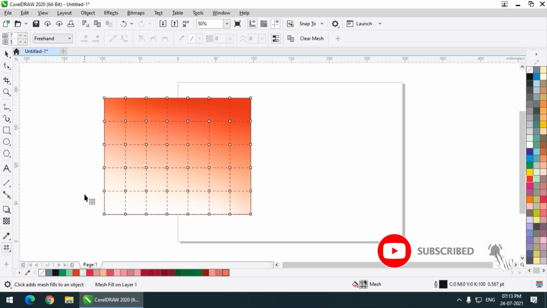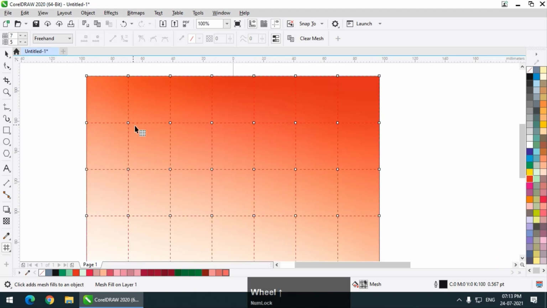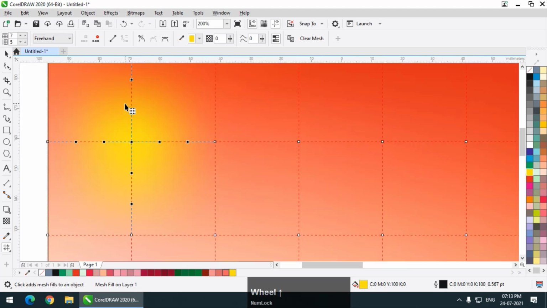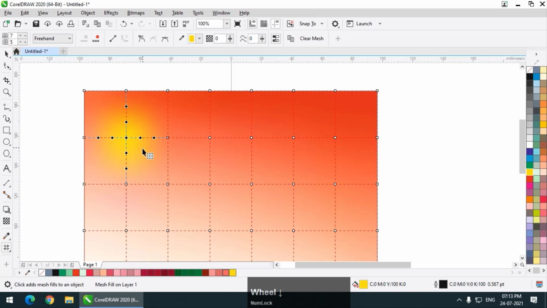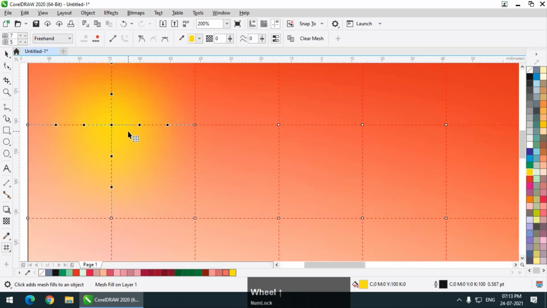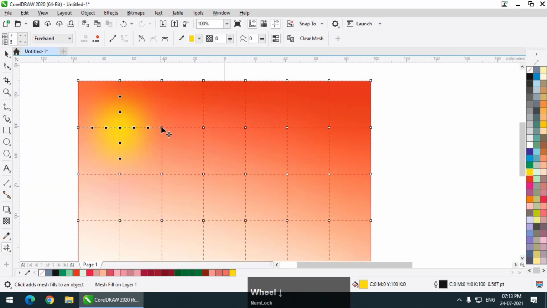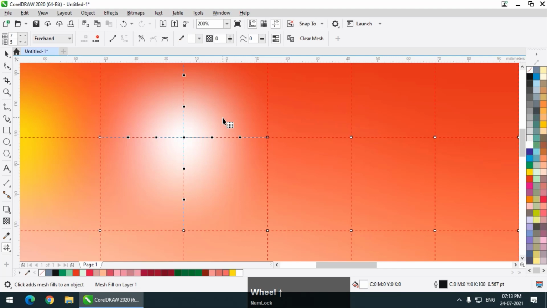In this case, if I click on any of the anchor points, let's say this one, and click on any color, then that color will be applied, but it won't be a solid color. It is more like an outer glow. It is not a solid thing. For example, if I click over here and apply white color, it will look like a glow.